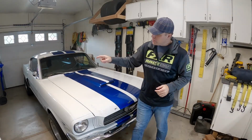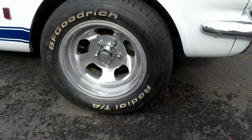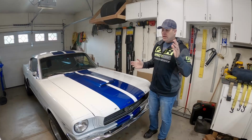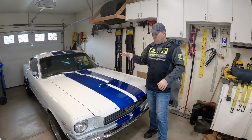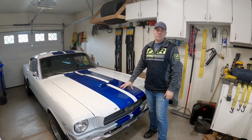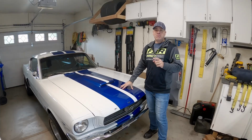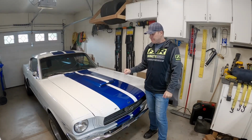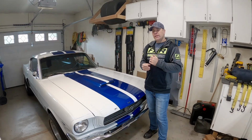You guys probably saw the wheels and tires. I'm not super wild about those, but again, when you're buying a car, and speaking of which, right now, it is hard to get a fastback. When I say that, meaning that I'm not just going out just dumping 50 grand on a car. Where I live,